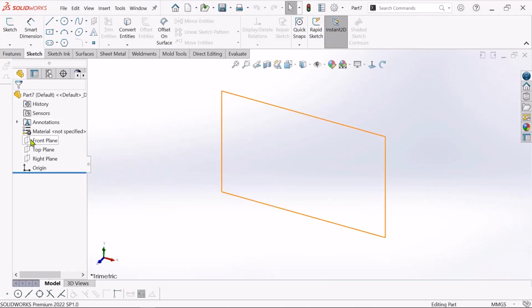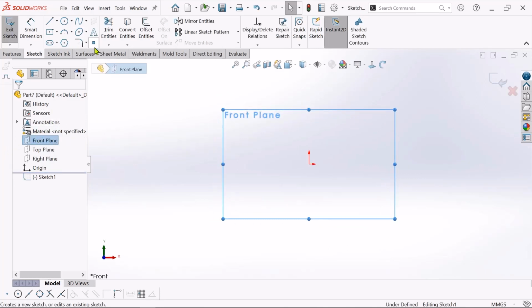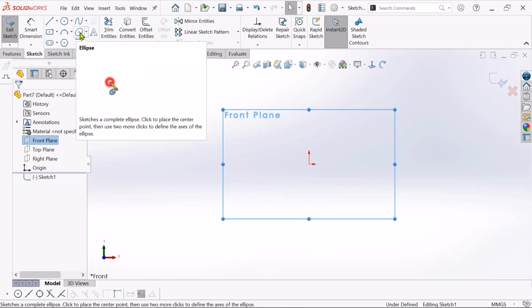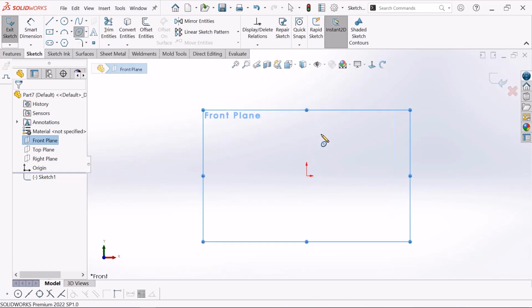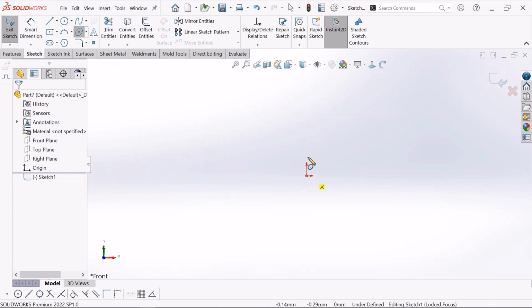And click this Front Plane and click Sketch. Now click this ellipse, just click and sketch on this origin point. Just click this origin point and drag vertically,